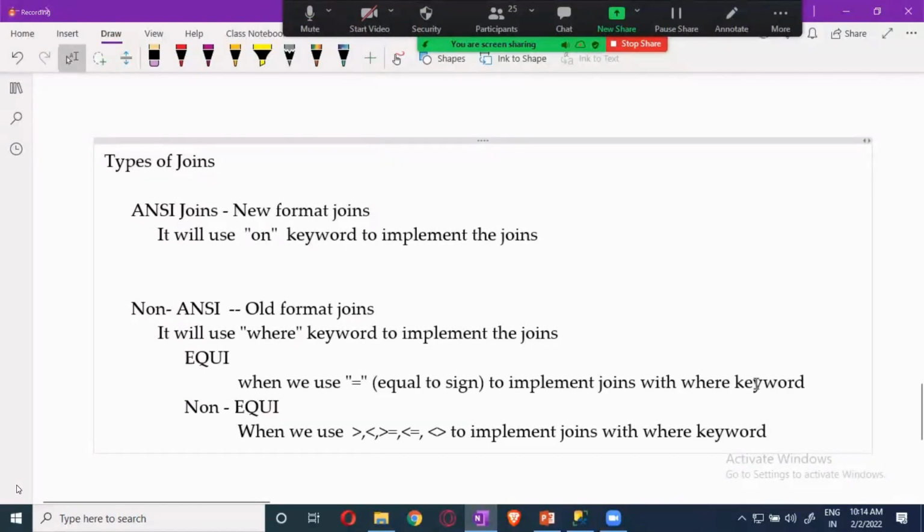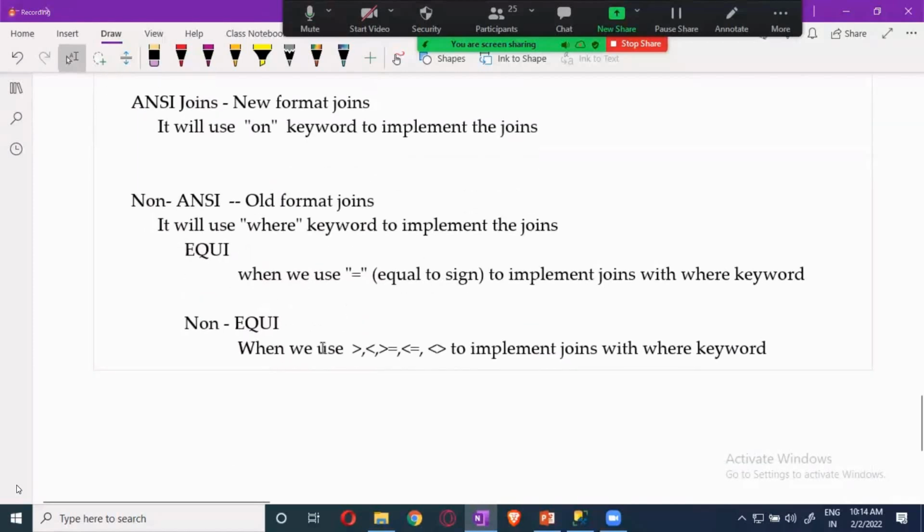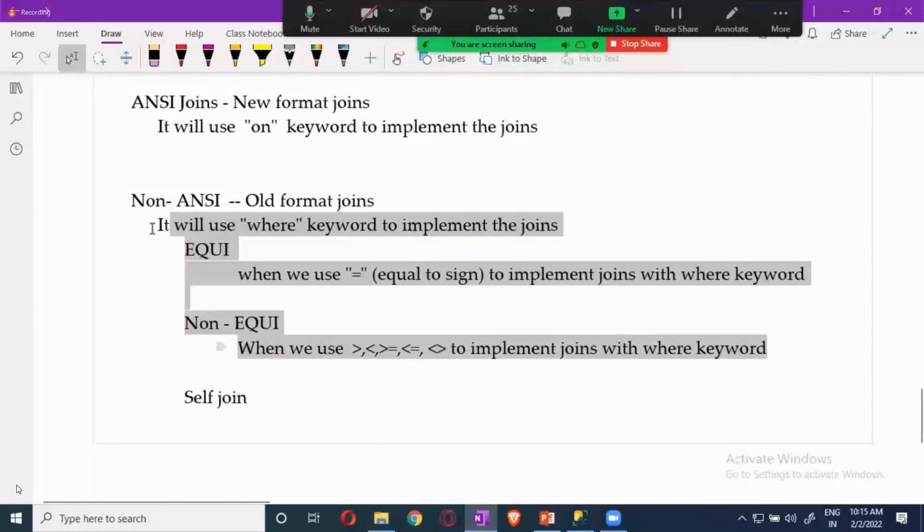Okay, guys, this is equi join and non-equi join. And there is one more, self-join, that comes under equi join only. It is a different category, and we will use it as self-join. We are going to see this. But the others we are not going to see, guys. These things are obsolete and out of scope. We don't need them.